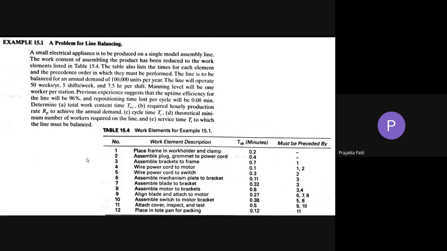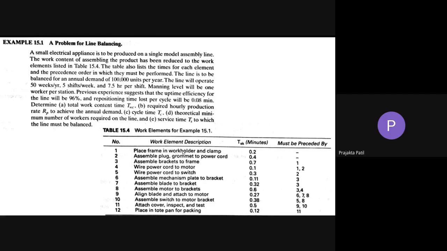All of the 12 work elements here, together, will make one electrical appliance. All of these things have to be done in order to complete the work. So this is the total work content, divided into these work elements.